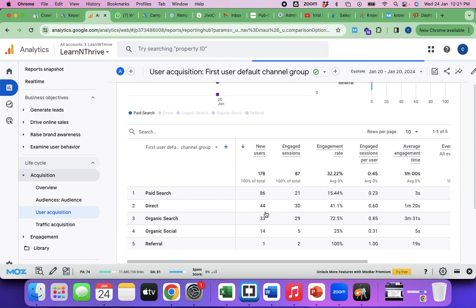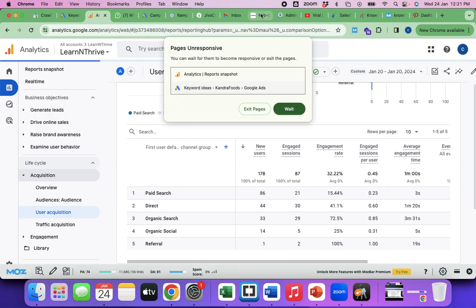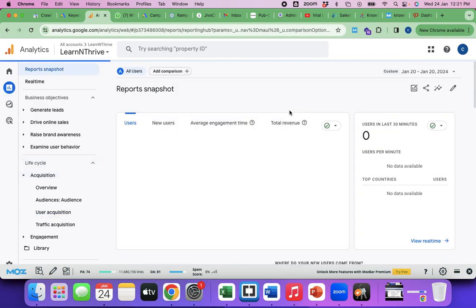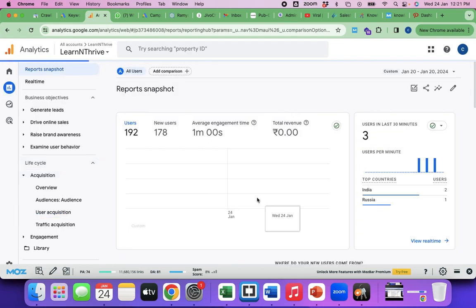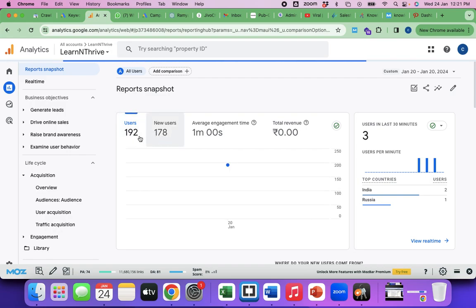Yeah, see, look at this. These are the different channels from which you are getting traffic. It's loading again. Okay, so you have new users 178, and total users 192.